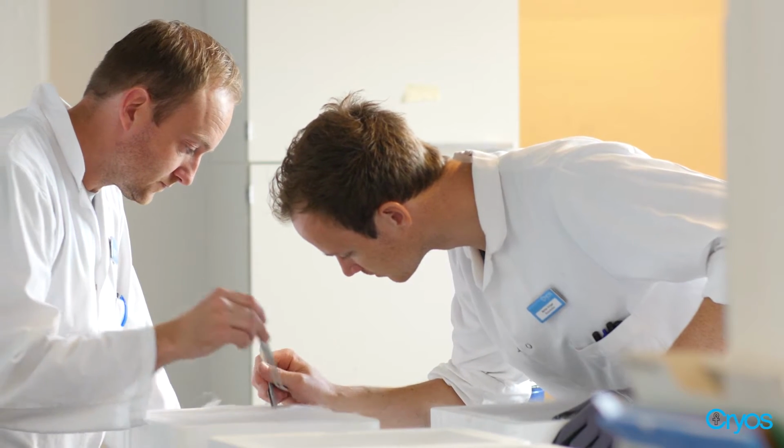IUI is short for intrauterine insemination, which is insemination directly into the uterine cavity, and it is always done at a clinic with the use of a catheter. This process helps the sperm to get closer to the egg, thus increasing the possibility of conception. The IUI-ready straws from Cryos consist of highly motile sperm, which have been purified in order to separate the sperm